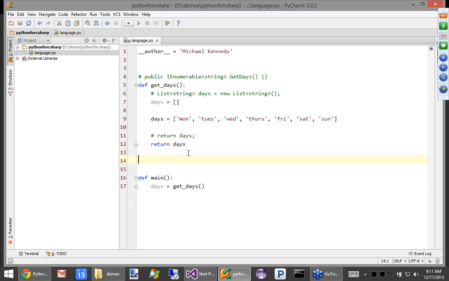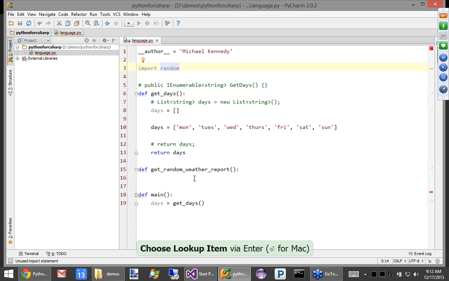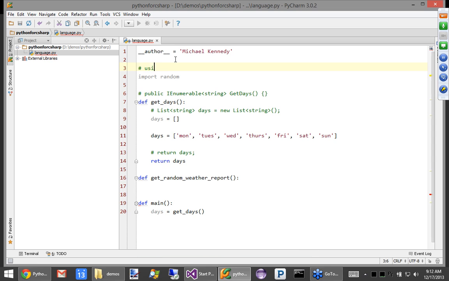Now the next thing I want to do is, given a day, get a random weather report. Given a day, I guess it doesn't really matter, does it? We'll just return something here. Oops, it's tough to mix these things. Okay, I almost typed curly braces. So colon, and what I want to do now is use a class called random. Just like .NET, we have namespaces, so I need to import this. So let's say import random. There's random, okay. So that's like hash using system, basically.